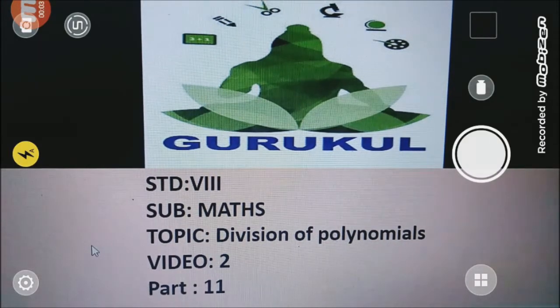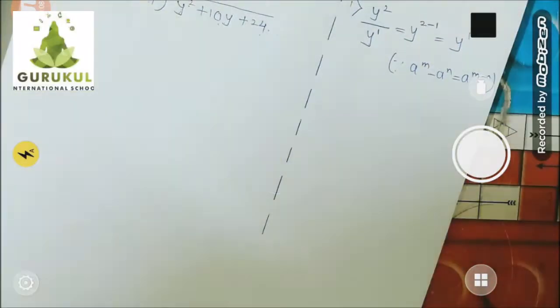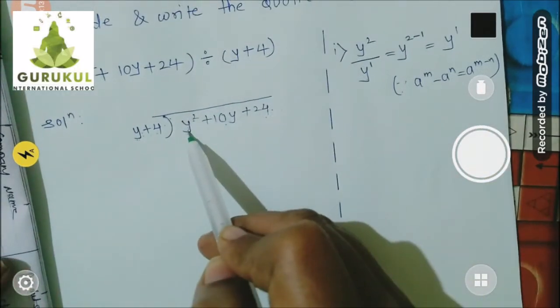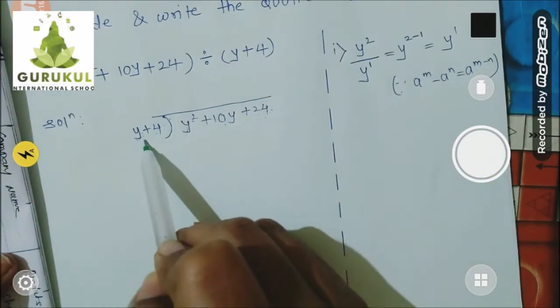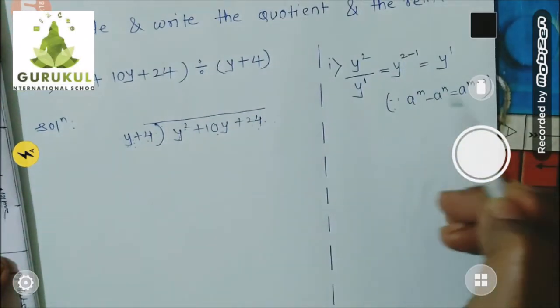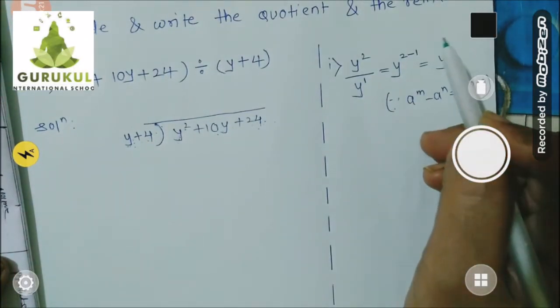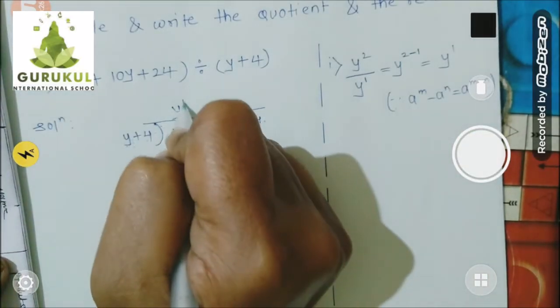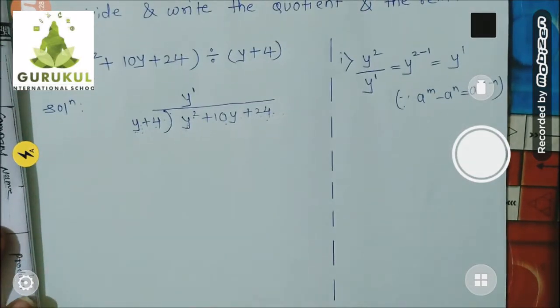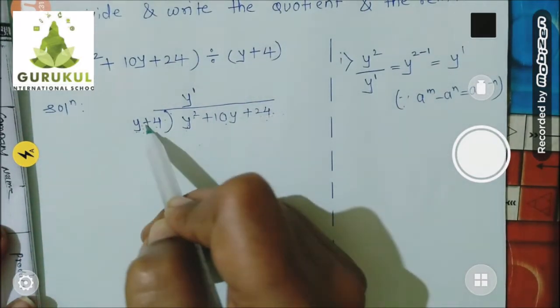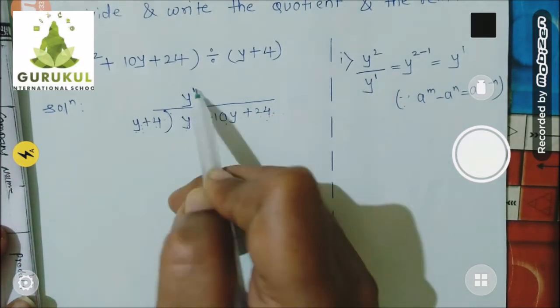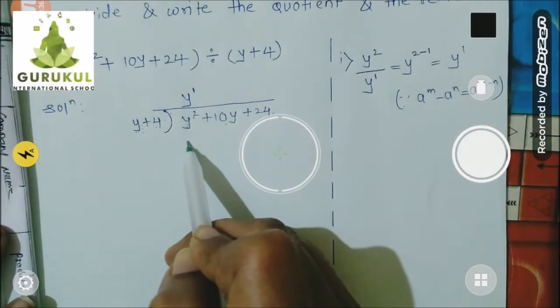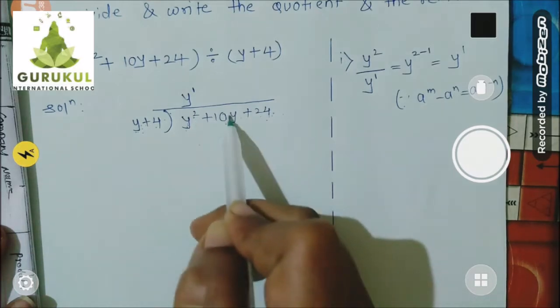Welcome back, children. Let's continue that example. Last time we had done highest power term from the dividend divided by highest power term from the divisor. When I divided by the law of indices, I got y raised to 1. Now this answer becomes the quotient. Write it down over here. And then what do we generally write over here? The product of these two. Am I right? So let's multiply these two, and whatever product comes, I will write below like terms.